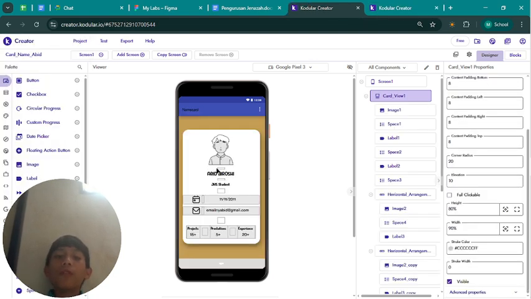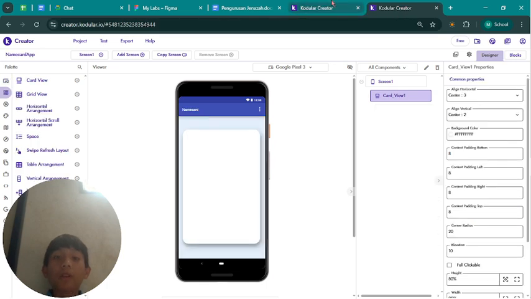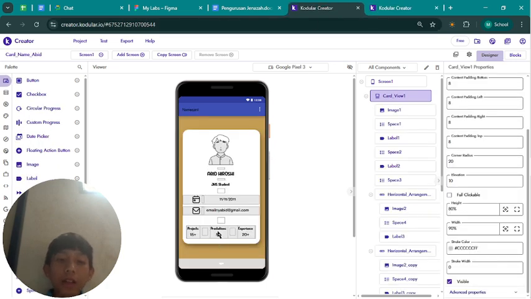Okay, and before you make the application, make sure you already downloaded the assets, like the image, your face image, and your fonts, if you want to add fonts. Also in Kodular there are some fonts that do not support numbers, so you can make the number font different from the title like this.